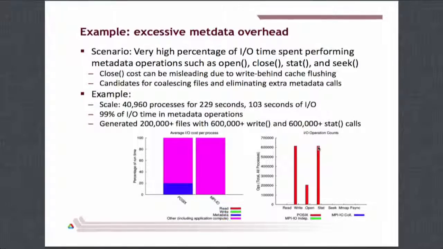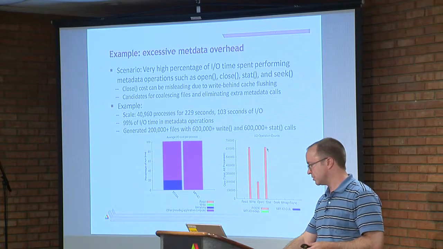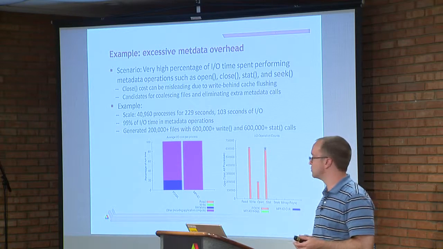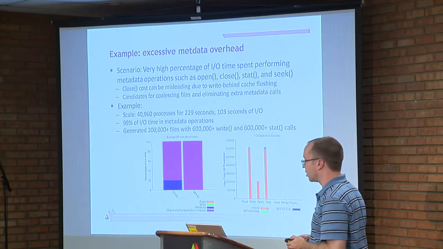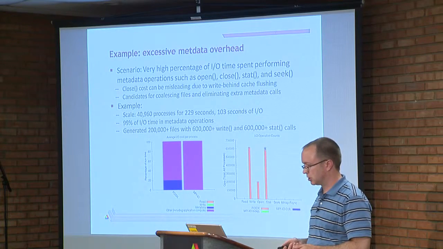So the problem is these 200,000 opens and 600,000 stats were consuming time, even though they weren't really productively moving data. So this is a candidate for, frankly, there's not really any reason for a single application to call stat 600,000 times. That probably worked fine on some system, and it became a problem on this system,